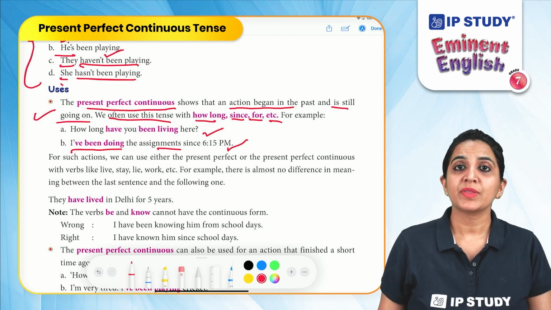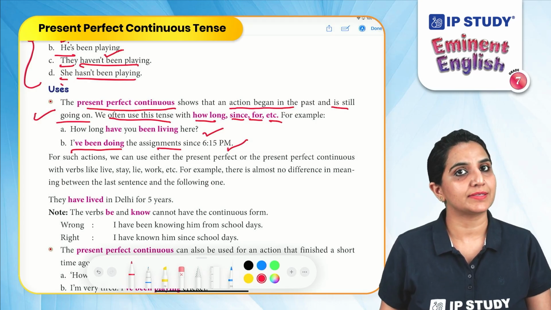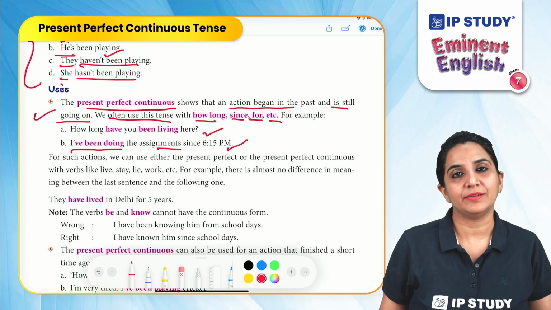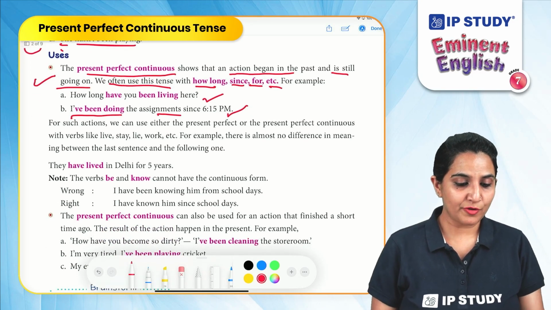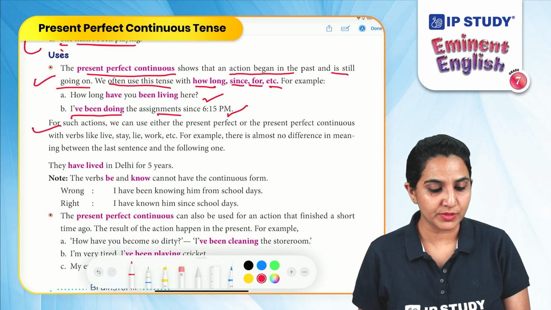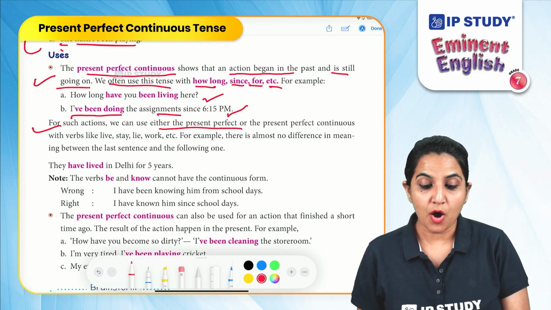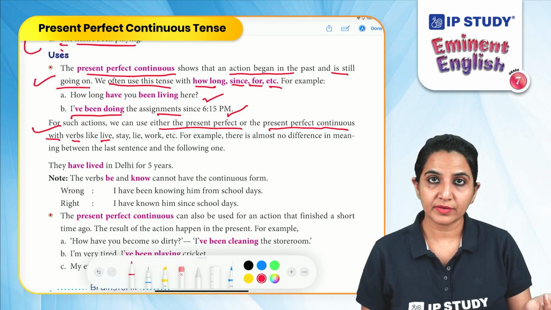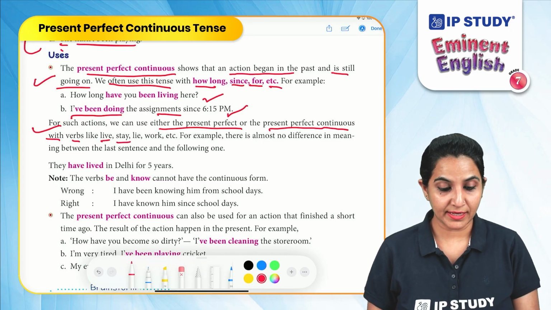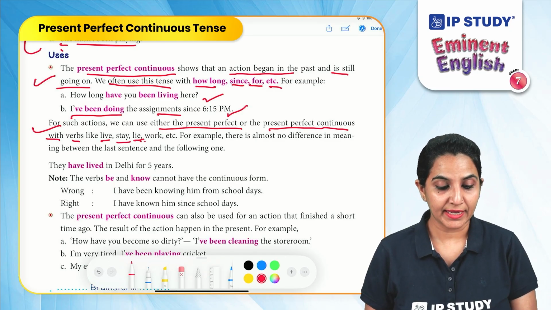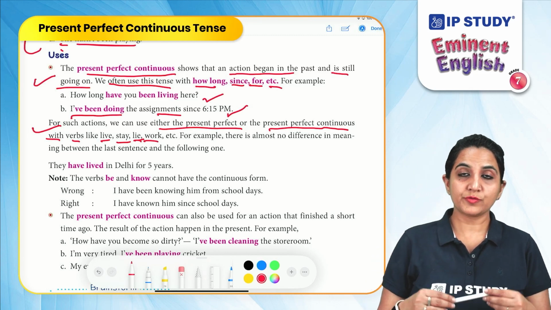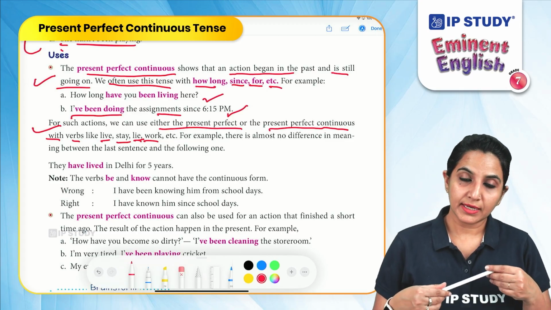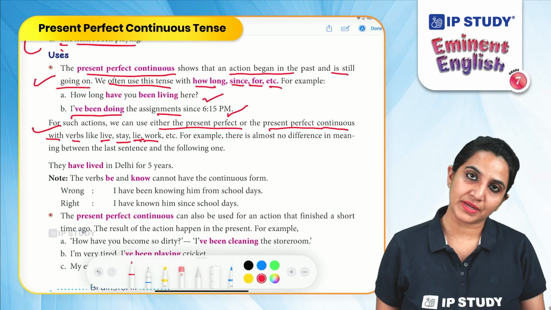For example, we have been living here for 2 years. That means we moved here 2 years ago and we are still living here. For such actions, we can use either the present perfect or the present perfect continuous with verbs like live becomes living, staying or stay, lie, work, etc. So for actions like live, lie, work, all of these we can use either the present perfect or